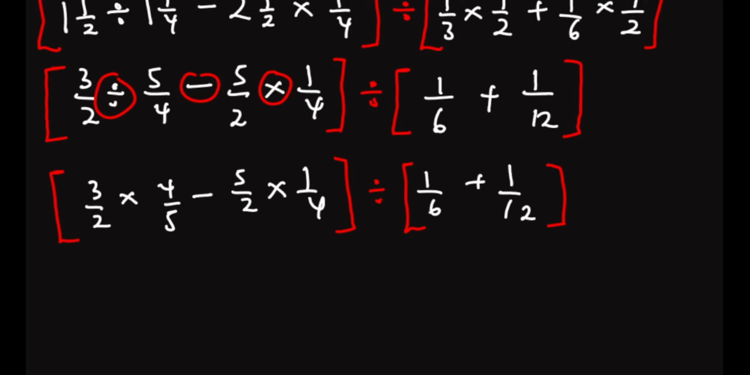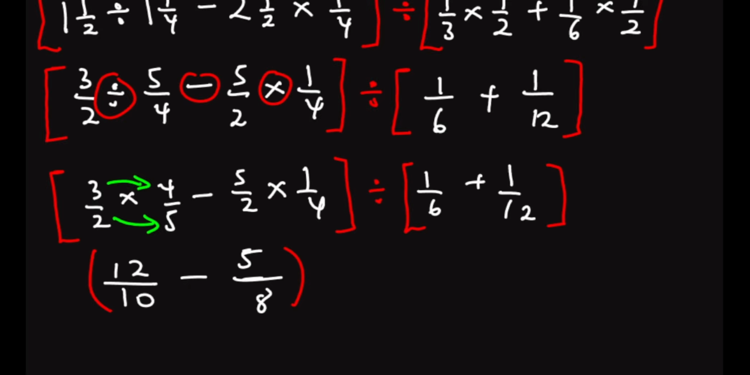Simplifying this, we are going to have 3 times this 4, and then this 2 times the 5. Okay, so 3 times 4 gives me 12 all over 10, then minus 5 over 8, because 2 times 4 gives me 8. Then we close the bracket like that. Okay, then divided by,